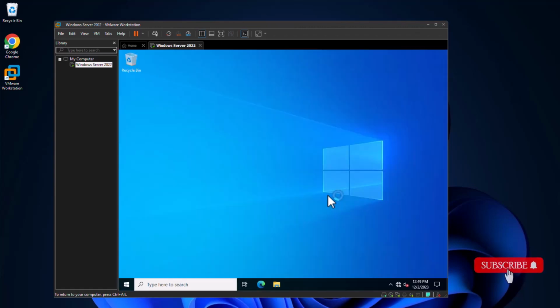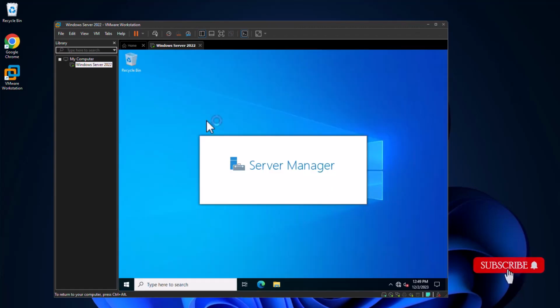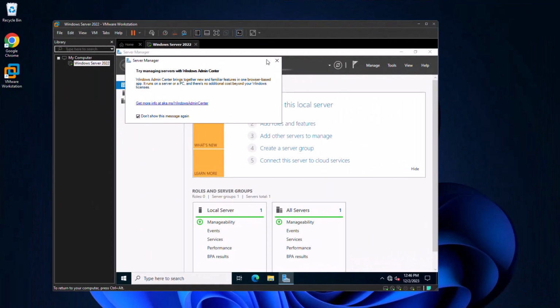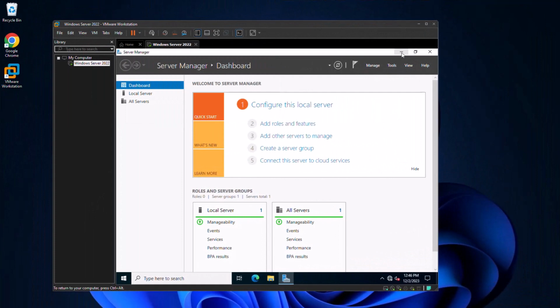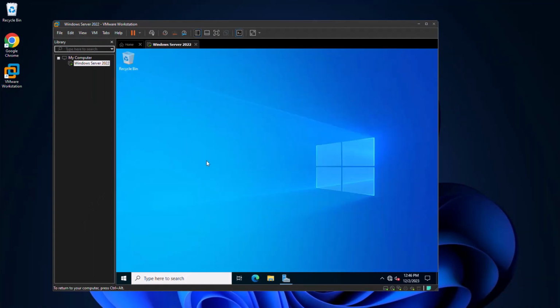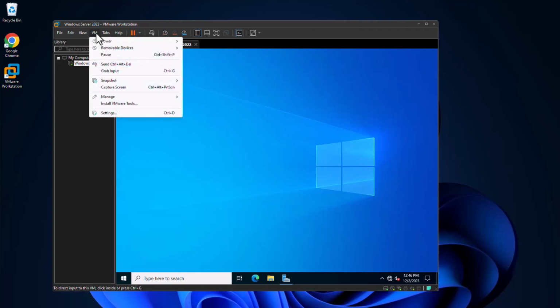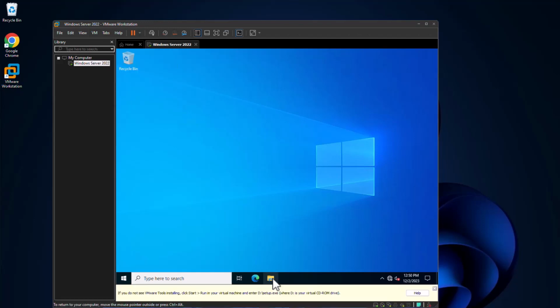Yes, this is the first time that we can see our Windows Server 2022 desktop. Let's minimize the server manager because we are not going to configure the server in this video. There is one more thing we need to do, which is installing the VMware Tools. For this, we are going to click on VM and select Install VMware Tools. Go to the DVD drive